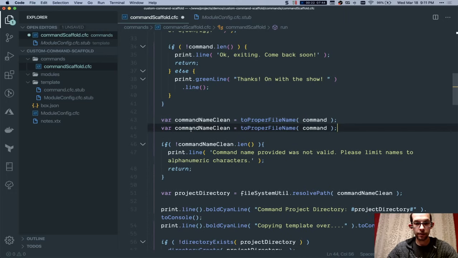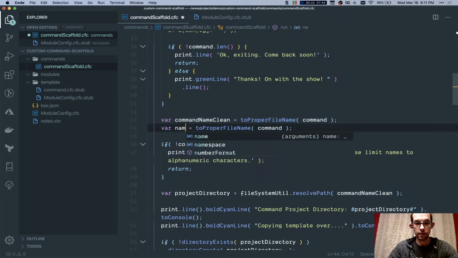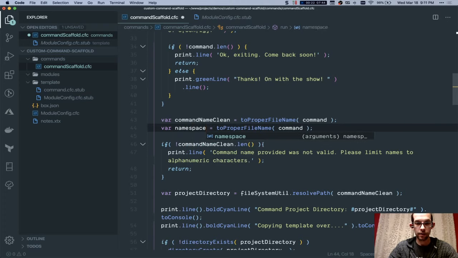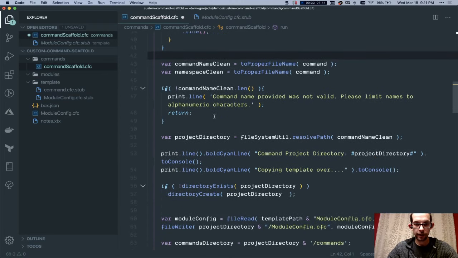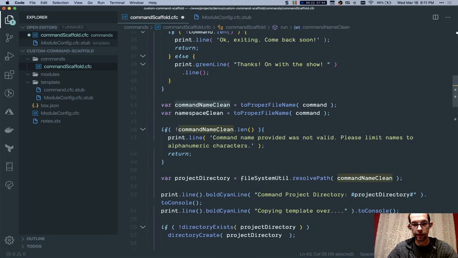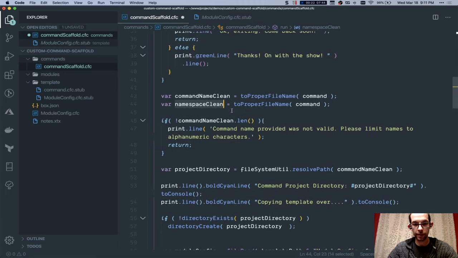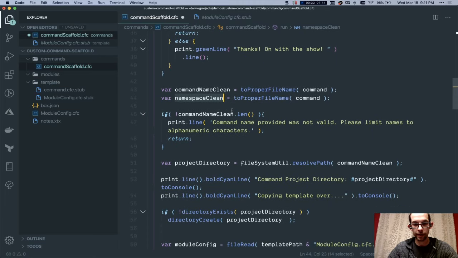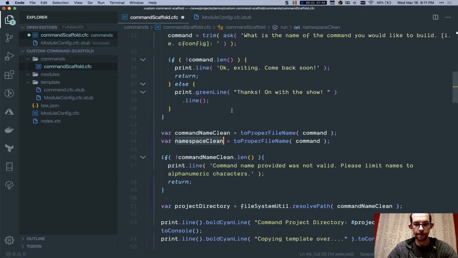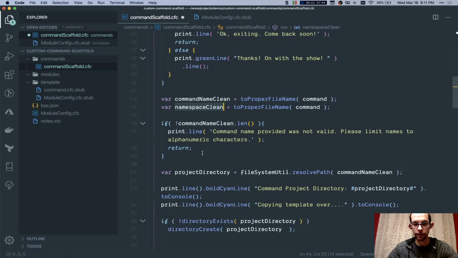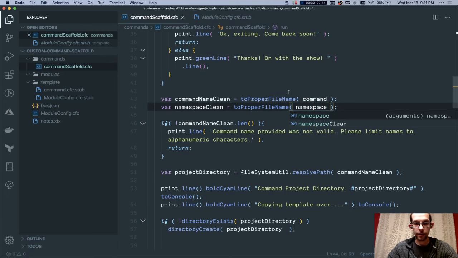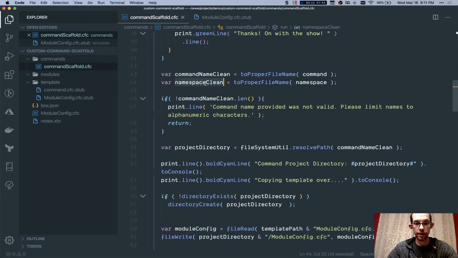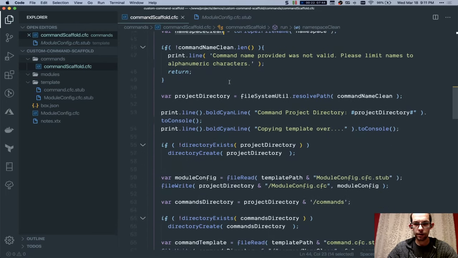If the namespace... I like consistency, so I don't like this is command name and this is just namespace. But this might be clearer. All right, so that comes in. If the namespace is here, all right, so